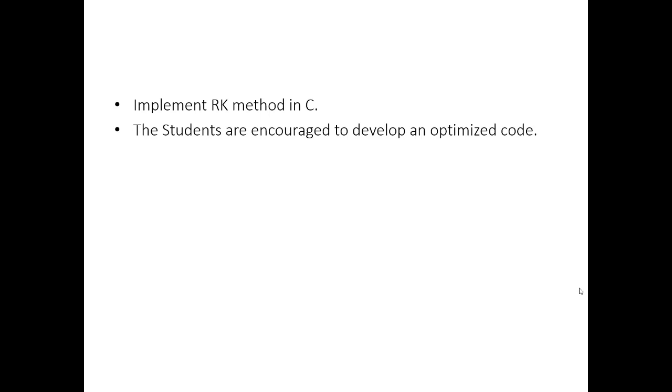So this is the pseudocode for the RK method. You have to implement this with the help of a C program. This is a very basic, very simple method. You can implement it easily and try to create some optimized code to formulate a C program. The basic advantage of using the RK method is that it gives the accuracy of the Taylor series without requiring us to compute higher order derivatives. So the complexity is much more reduced, and this RK method is a good method as compared to Euler's method.